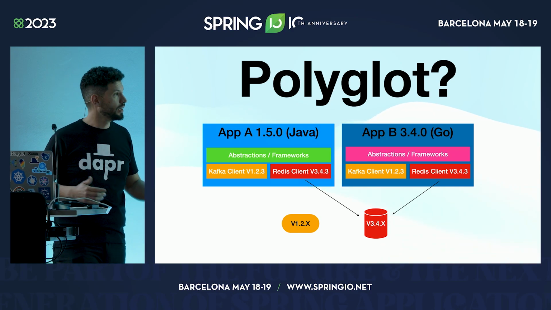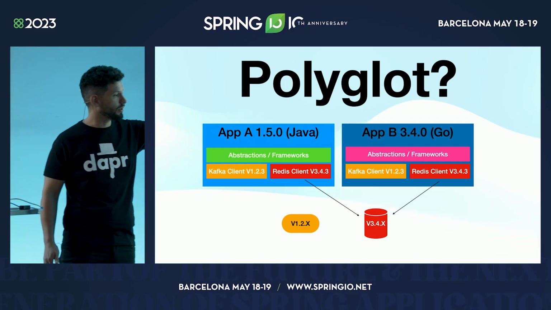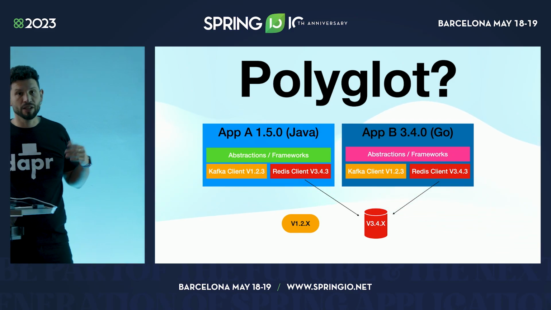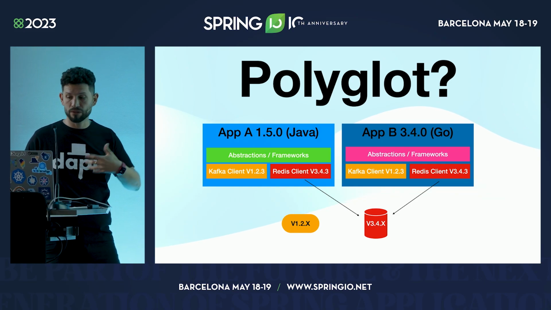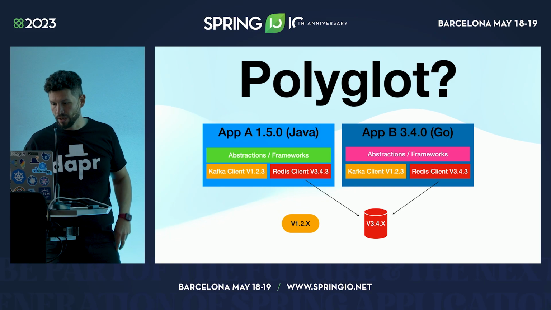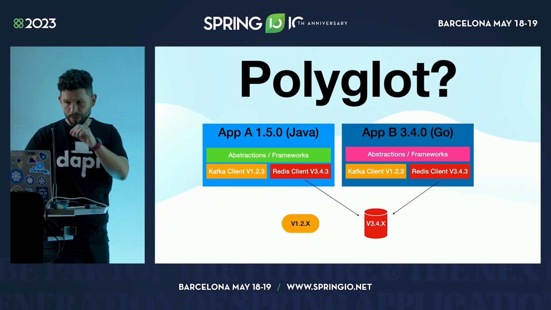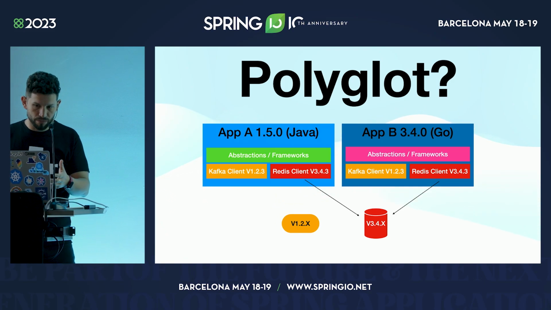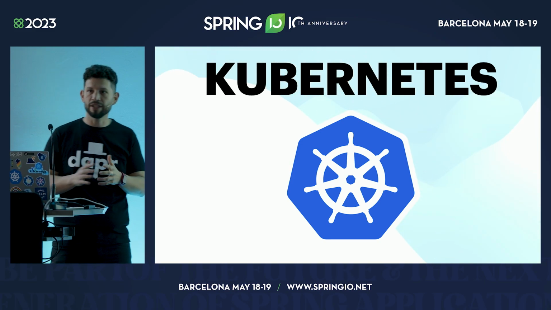Because at the end of the day, people who are fine-tuning Redis or RabbitMQ or Kafka need to understand what the applications are doing, so these components work as expected for these applications. And because we are talking a little bit about the polyglot approach here, I wanted to bring up Kubernetes, the elephant in the room, right?